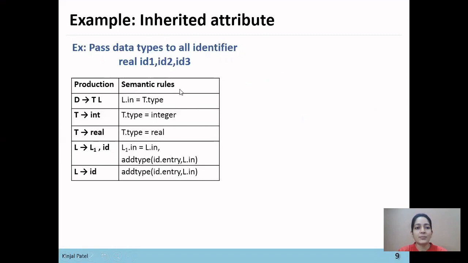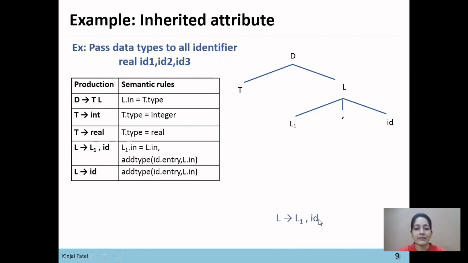Now we'll construct the parse tree from the production rules for the string real id1, id2, id3. We'll start from the starting symbol and parse D derives TL in the parse tree, as the production rule is D derives TL. Next, L derives L1 comma ID. So from this L we'll parse L1 comma ID.